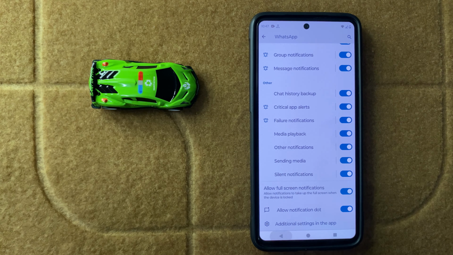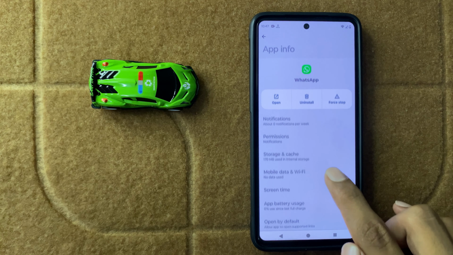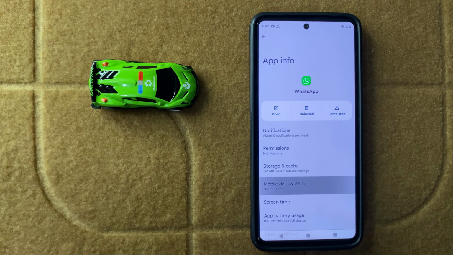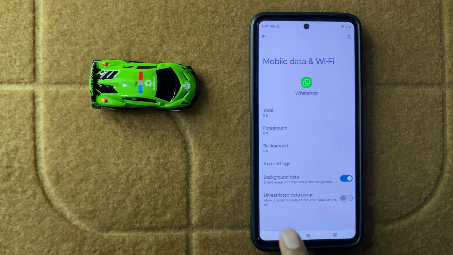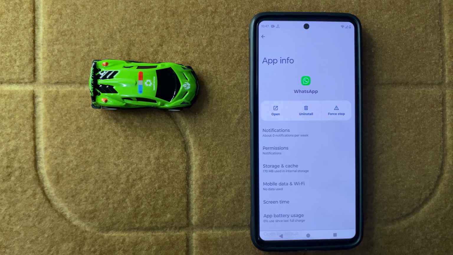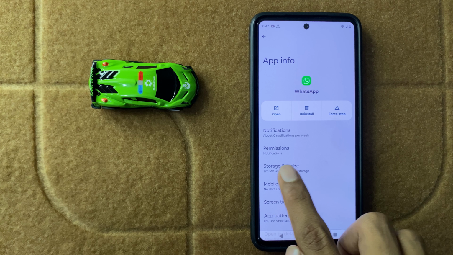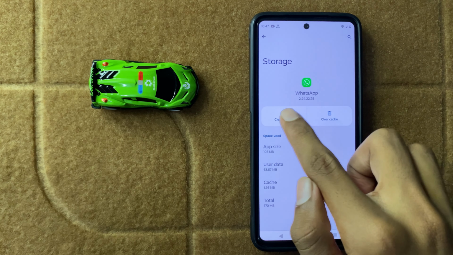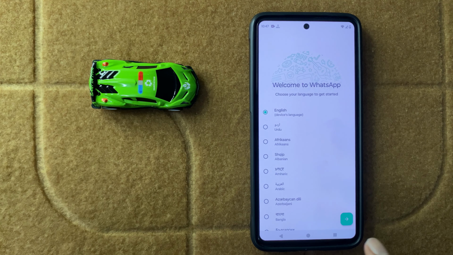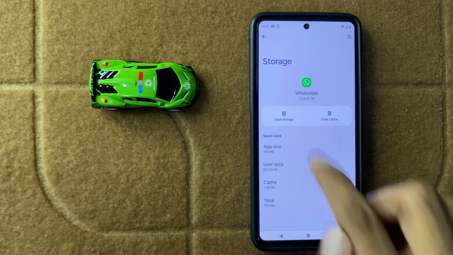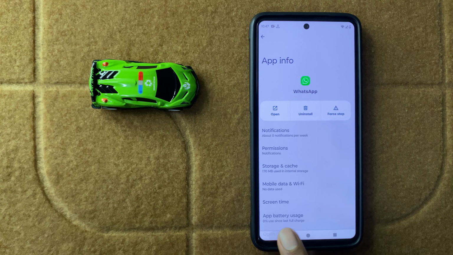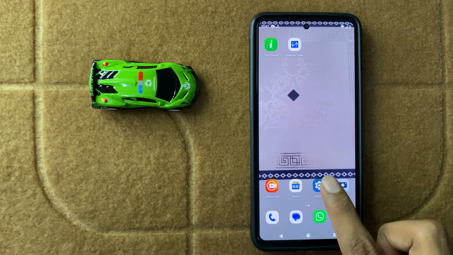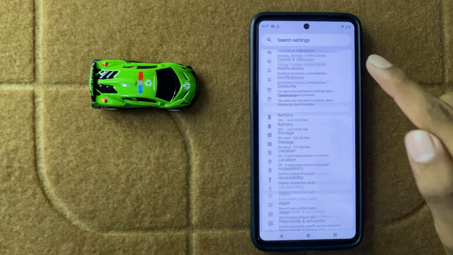After that, go back and then click on mobile data and Wi-Fi and then turn the unrestricted data usage button on. After turning this button on, go back and then click on storage and cache and then clear your WhatsApp storage. After clearing your WhatsApp storage from here, then go back to the main page of your settings and then scroll